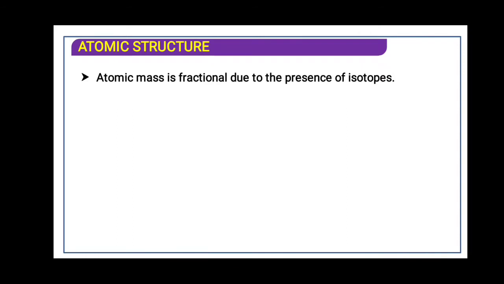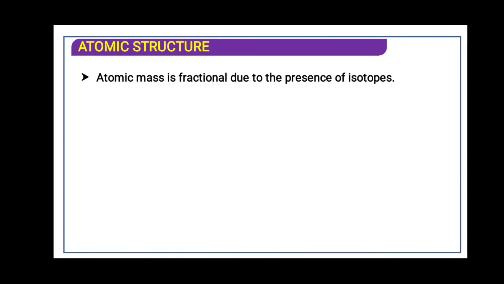Now the point comes: what are isotopes? For understanding, I can explain isotopes this way. Whenever an exam is held in a school or college, after the exam there is a result. To collect the result, the student comes to the college, and the father and mother also come along. So three of them are sitting in the college: the student, father and mother.